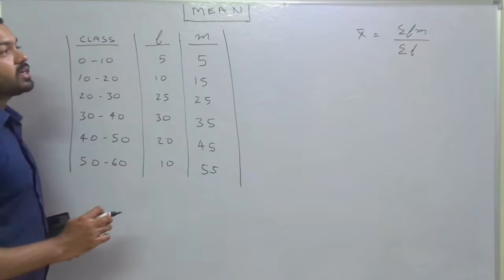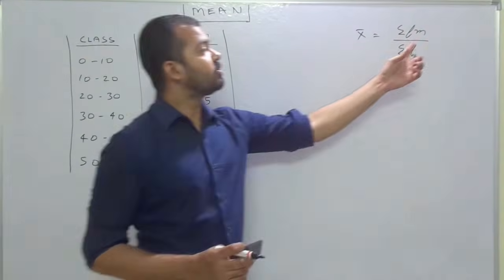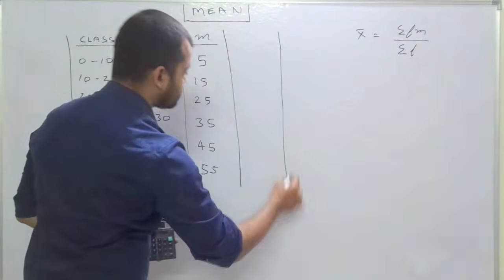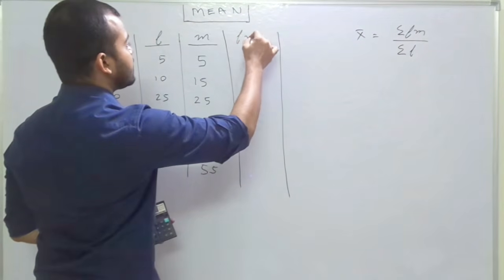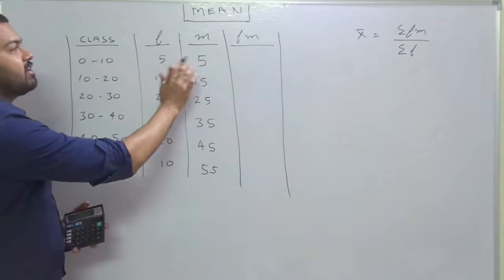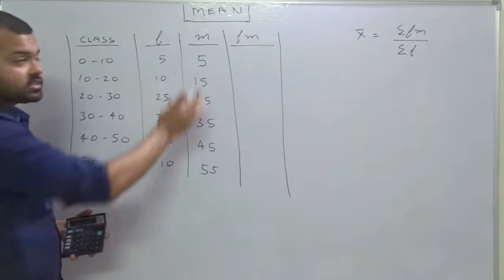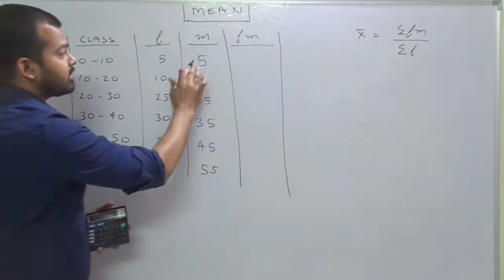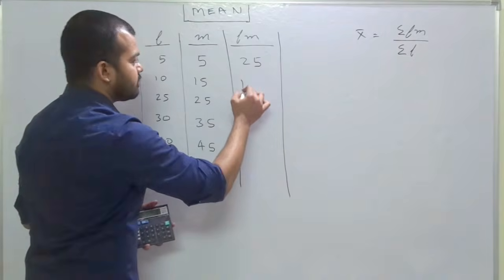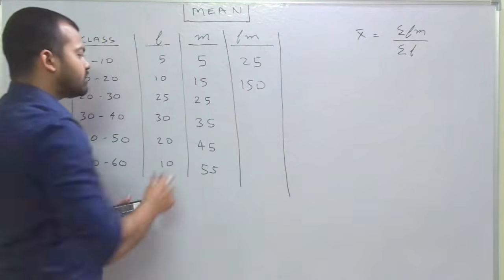Now we have to calculate the demand for the formula. The demand for the formula is Fm. It means a simple thing. We just have to calculate the figure which is F multiplied by M. This is the F series and this is the M series. It means 5 into 5, that is 25. 10 into 15 is 150. 25 into 25,